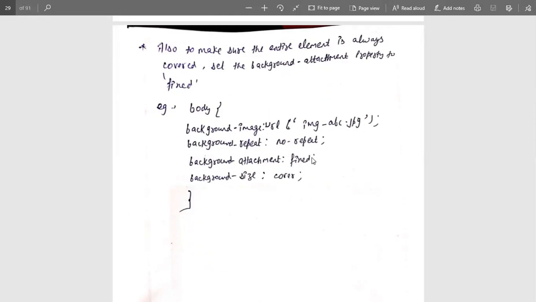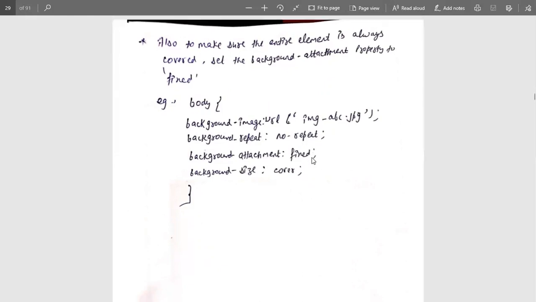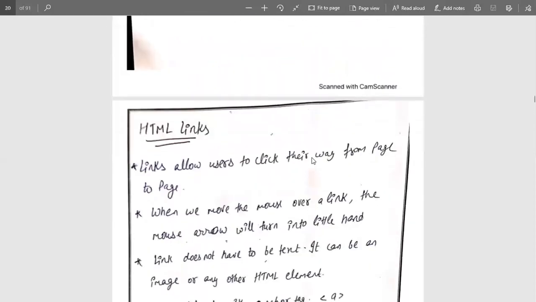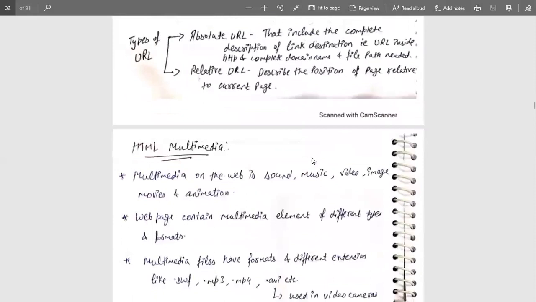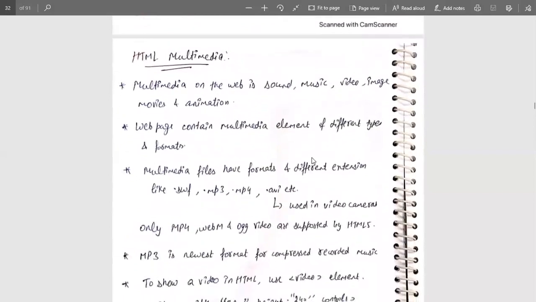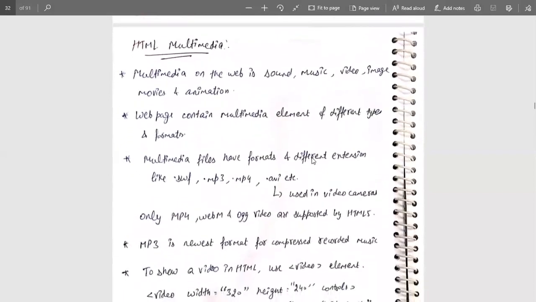The background-size is equal to cover. That means it will be reflected over the whole cover page. And the URL of an image is mentioned in a URL tag. So these are the basic features of an image that you want to insert. There are some other features as well. There is no limitation of HTML tags. Once you are interested to try the tags, you will explore more and get more information about the tags.